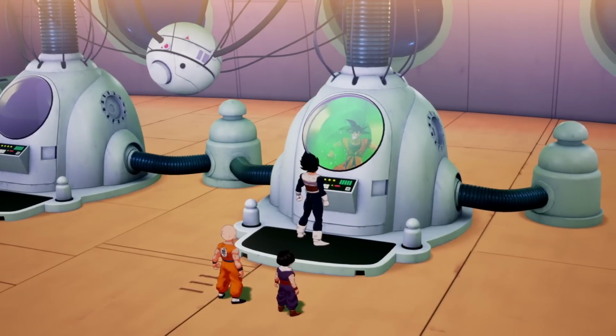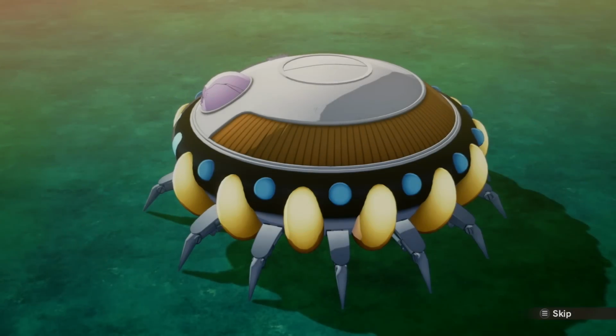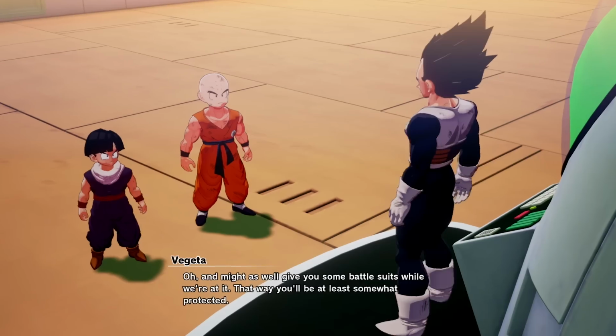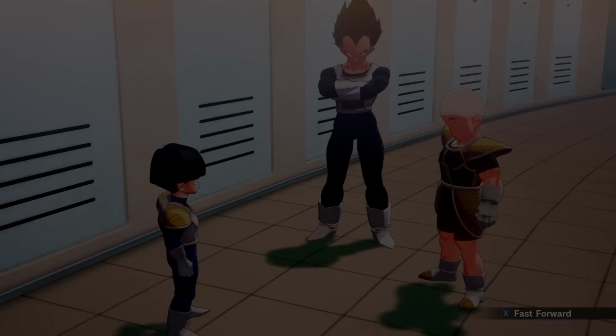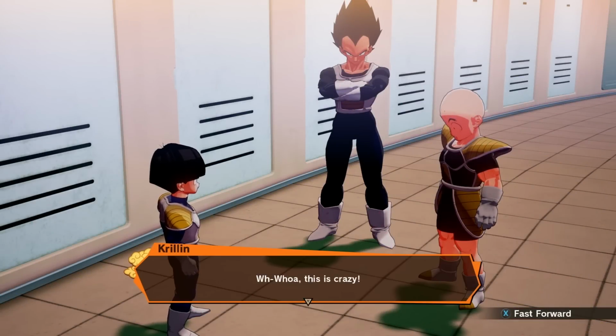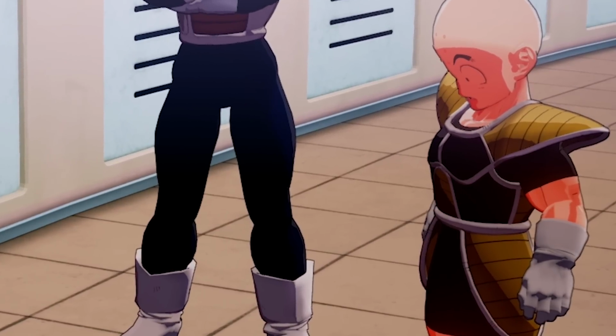And finally, at number 1, this is really stupid, but when Krillin, Gohan, and Vegeta team up on Namek, they eventually get free reign of Frieza's ship, and that's when Vegeta tells them to change into some spare battle suits. After they change, that's when Krillin busts out this line: